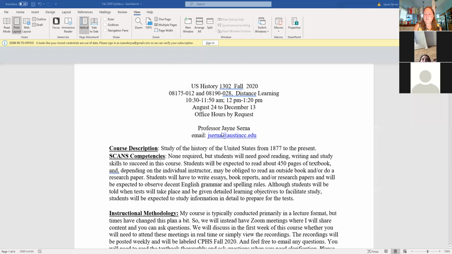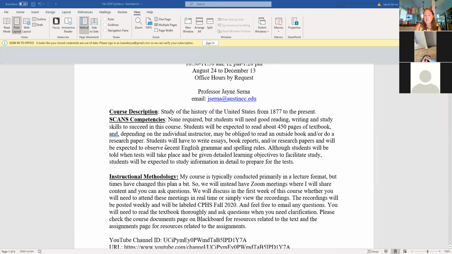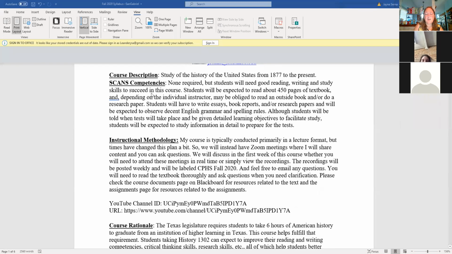I really just combined your syllabus with the class right after yours, so they should be pretty similar. The semester dates, of course, run from today through early December. Most of this is pretty standard syllabus stuff, like why are you taking the history class? I know it's because you love history, but also you have to have it to get a college degree. The SCANS competency thing is just what skills you're required to have to be okay in this class, mostly reading and writing. There's very little super formal writing.